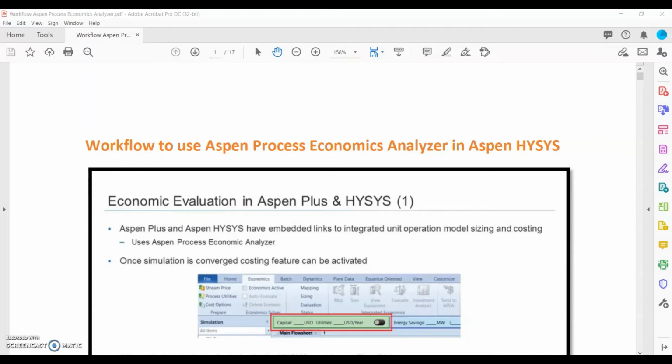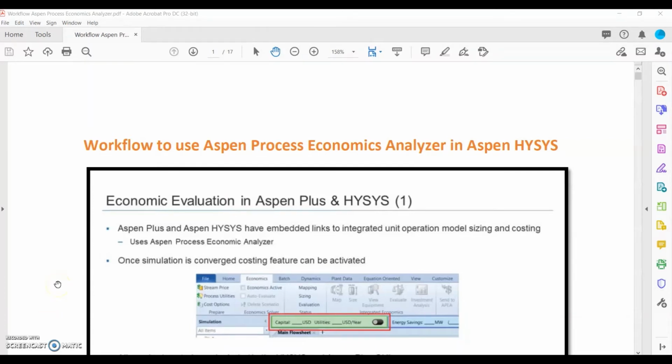In today's video, you will learn the workflow to use Aspen Process Economics Analyzer in Aspen HYSYS. You will need to learn this so that you can perform the economic evaluation in CP5062 Plant Design, Economic and Sustainable Development. Watching this video can only be useful if you have already completed the material in the RISE articulate about all the terminologies that we will use in the economic evaluation. If you haven't done so, please complete that package first.